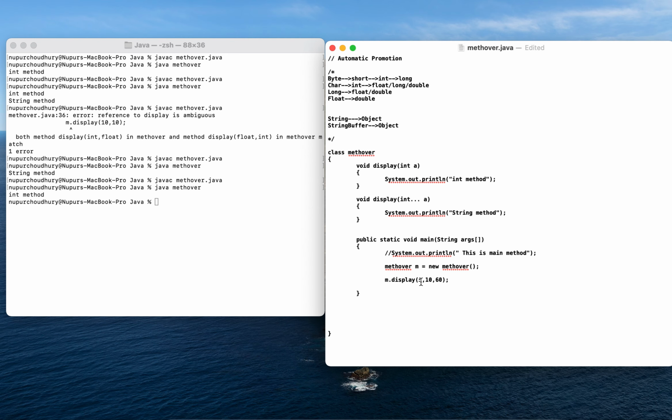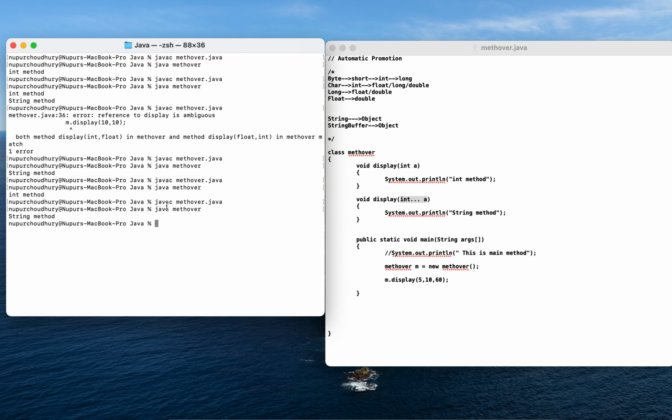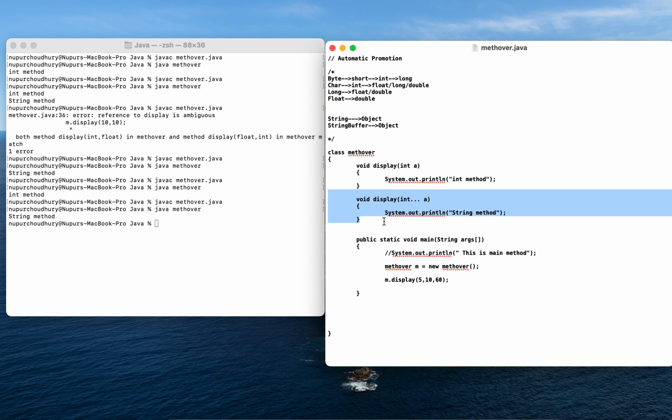Now I am passing multiple values here, but here we do not have any such provision of capturing multiple values, but your var args will be capable of capturing multiple arguments. So let us see. Yes, since this is capable of capturing all the 3 arguments here, the second method would be called.